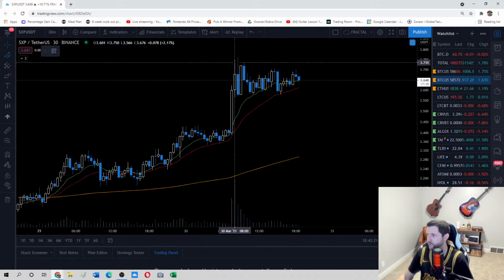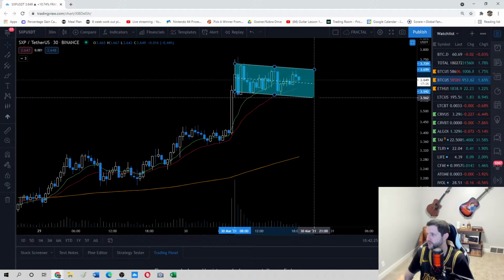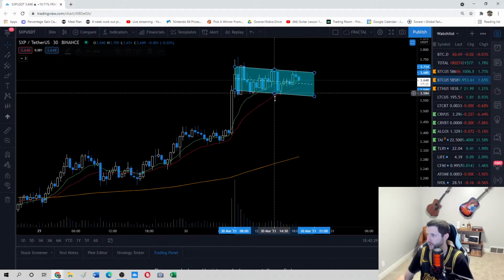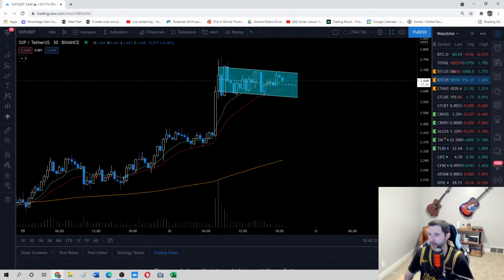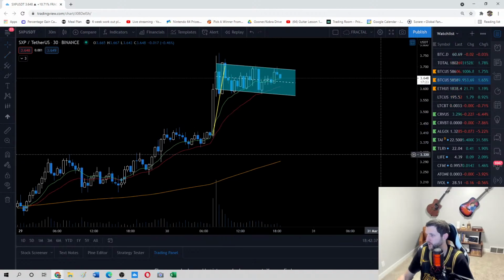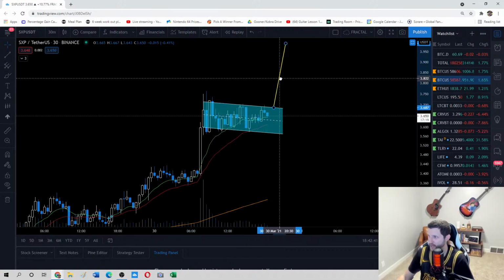So if I take my parallel channel here. But it's a little, there we go. There's a bull flag. I would agree with this. Okay. So we have a nice measured move here. So we have our flagpole up to the top here. Right? Pretty simple, right? And then we're going to take this, and wherever it breaks out at,